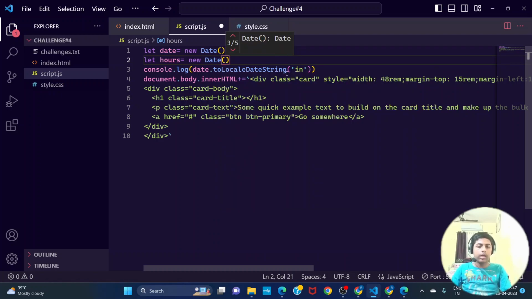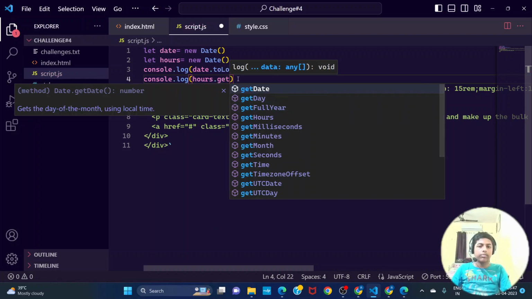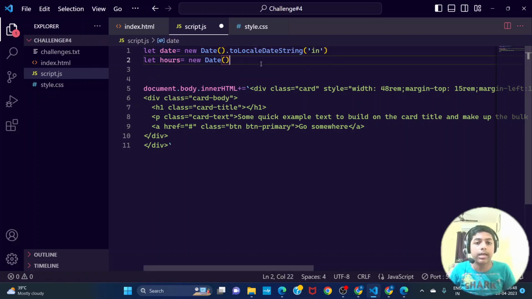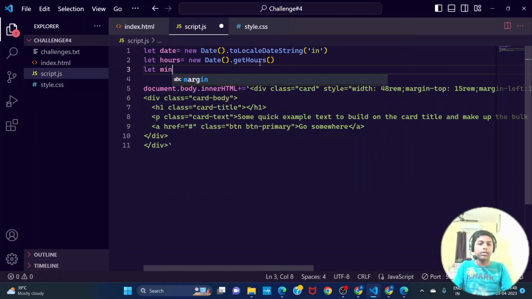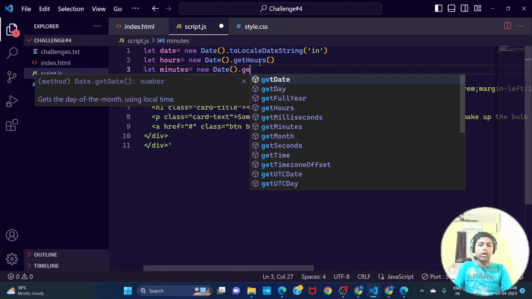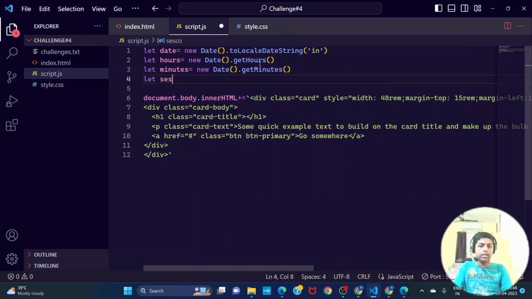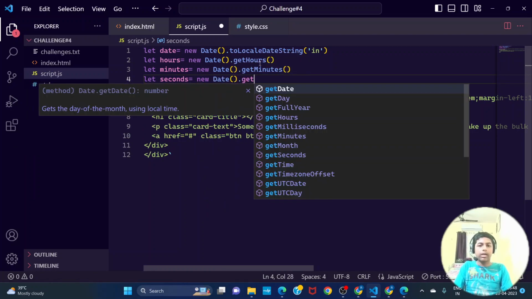One more time, a new date, and we are going to say console.log hours dot get hours, and after that let minutes is equal to new date dot get minutes. Let's say let seconds is equal to new date dot get seconds,